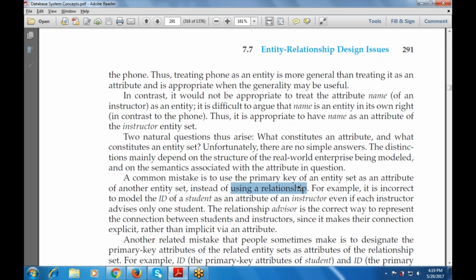Yes, advisor is one of the correct ways. That means the instructor advises the student. That is not giving knowledge or teaching the students. Advisor is the main relationship between the student and the instructor, since it makes their connection explicit